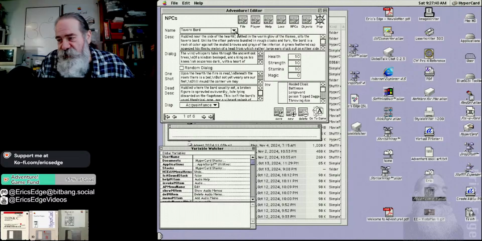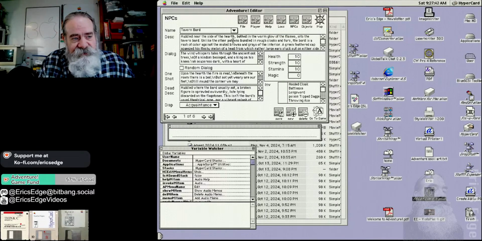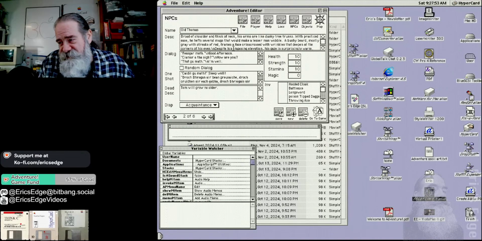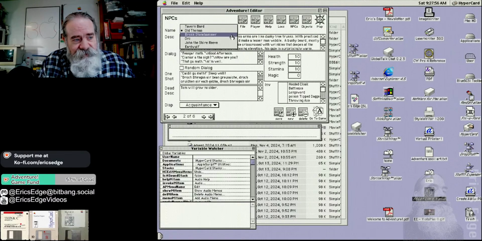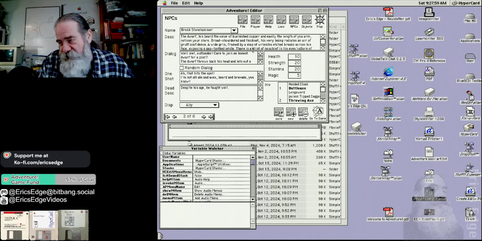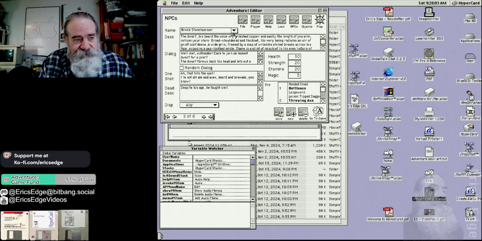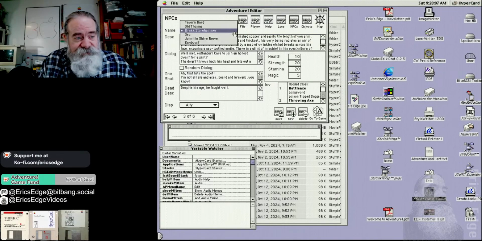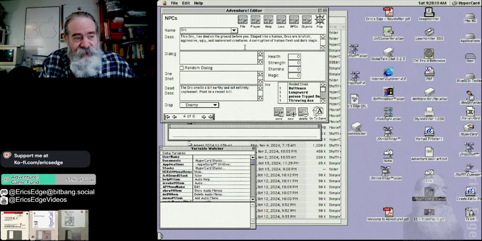So the Tavern Bard hangs around the hearth in the tavern and sings and stuff like that. There's Old Thomas, and he's the barkeep. Broke Stonehammer is a dwarf who hangs out at the table, and you have conversation with him. There is an orc,